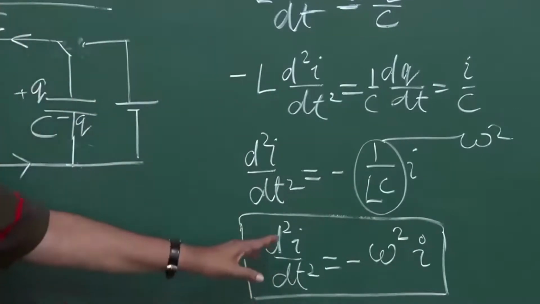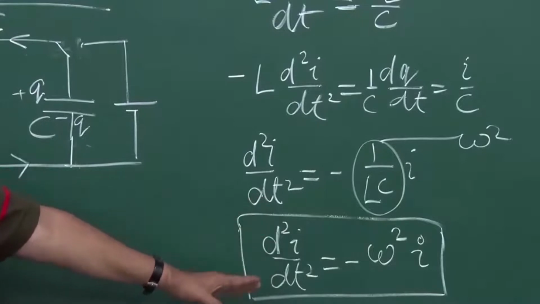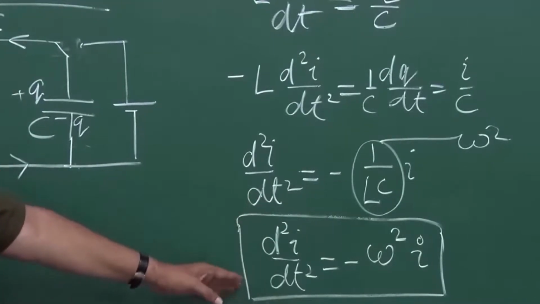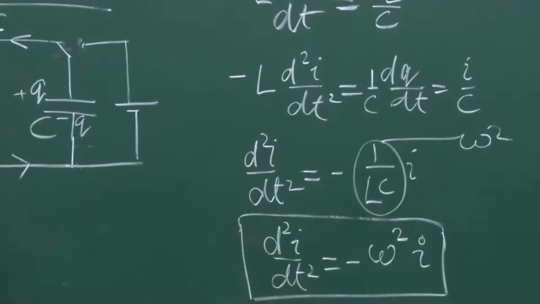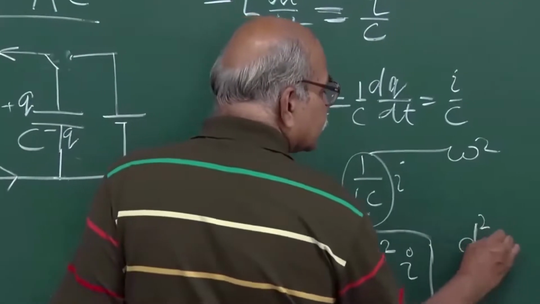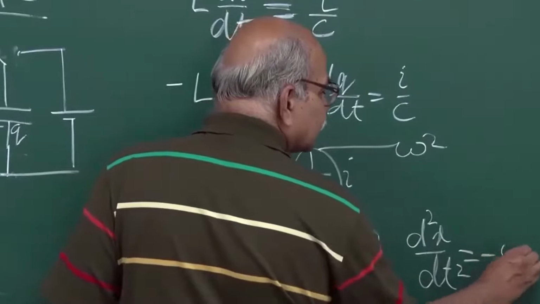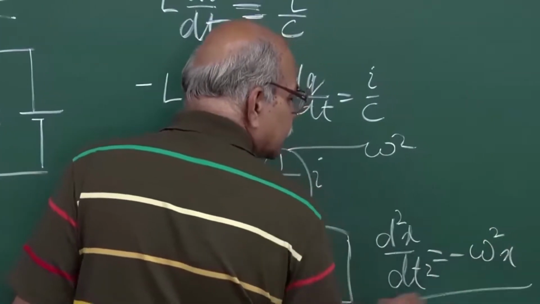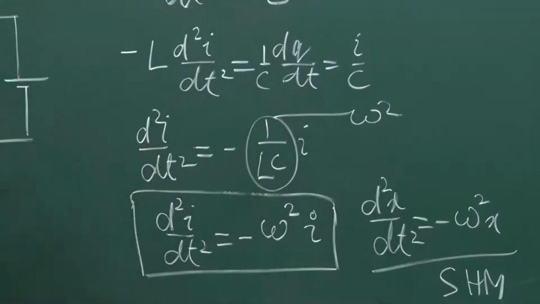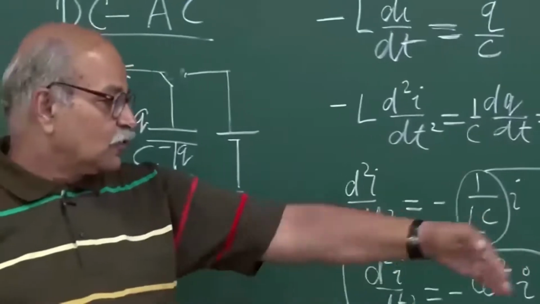So this is how the current will change in time, and this equation is familiar to you. This is a simple harmonic motion equation for a particle which goes in SHM. For that, the equation is d2x/dt² = -ω²x. So that is for SHM, and you know the solutions, the particle going in SHM just goes from -A